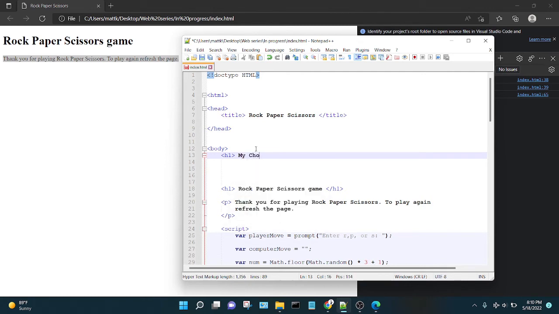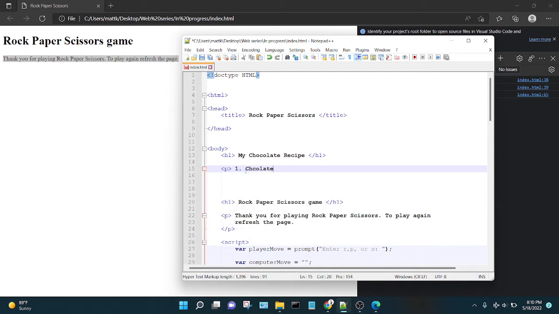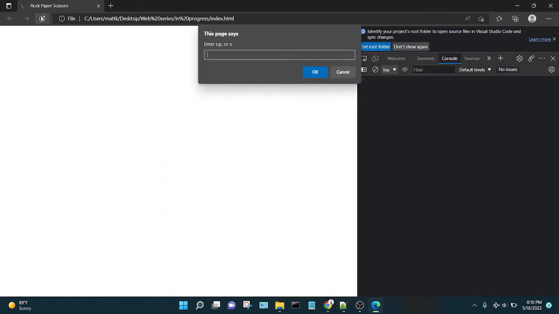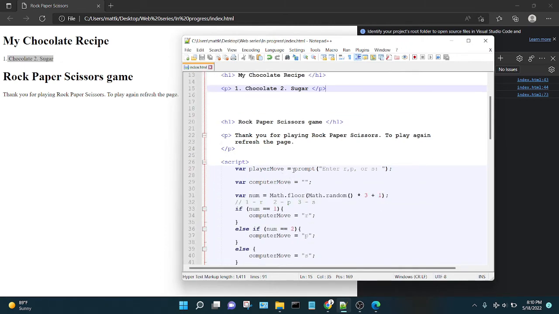My chocolate recipe, like that. So that's my title, and then my content is going to be a paragraph tag. Ingredient 1 would be chocolate, and I'm not really putting much thought into this recipe list like that. There you go, just some content. And if I were to run this, okay, this pop-up window is kind of getting annoying. I'll show you how to get rid of that in a second. So we have a title, we have content here, and before I even move on, I'm going to use a